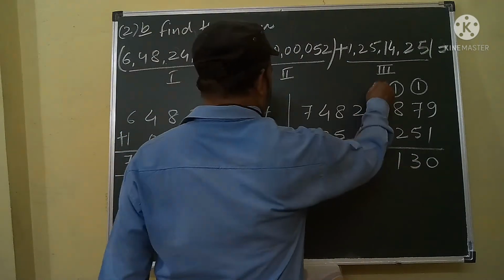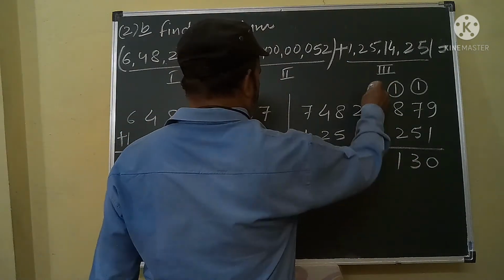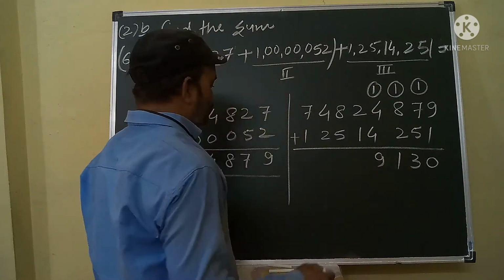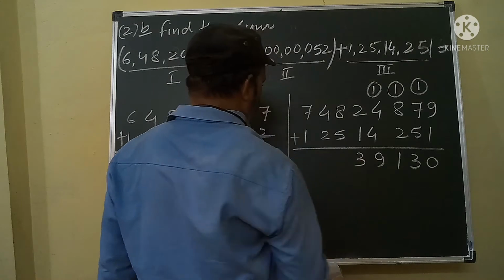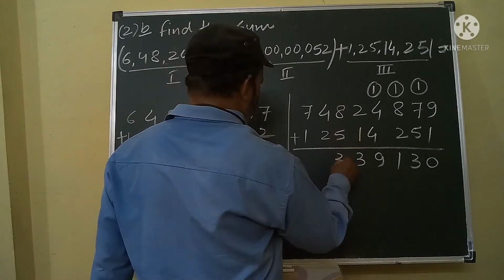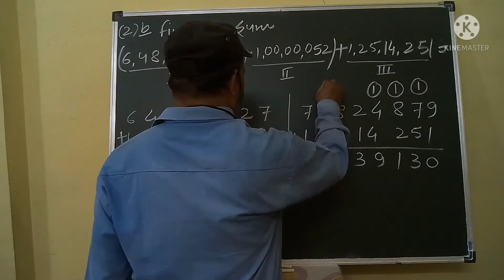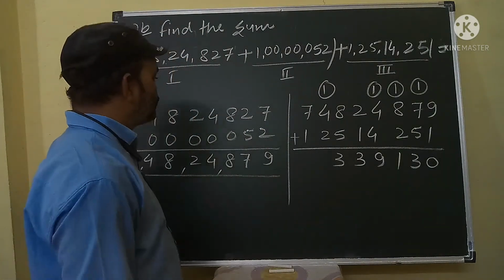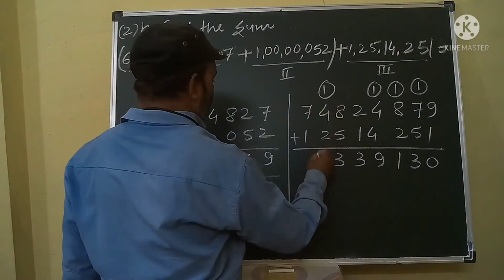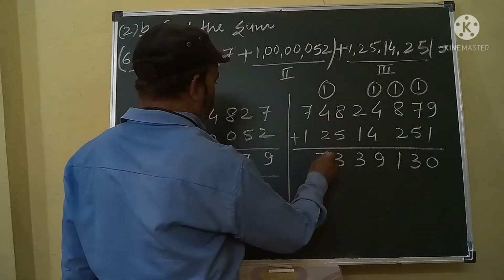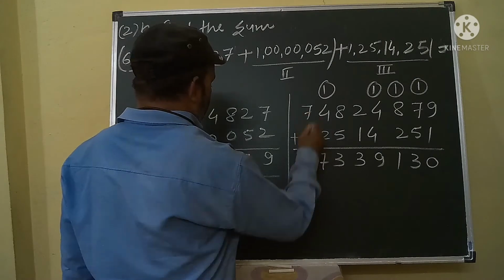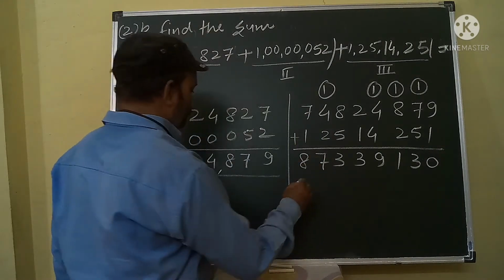This is 1, carry over is 1, 1 plus 4 5, 5 plus 4 9, 2 plus 1 3, 8 plus 5 13. This is 3, carry over is 1, 1 plus 4 5, 5 plus 2 7, 7 plus 1 8. Okay,